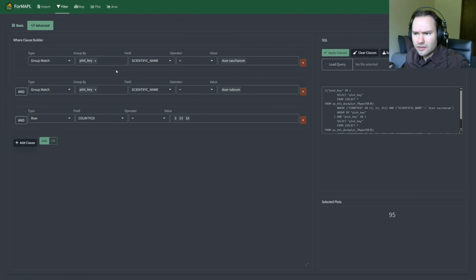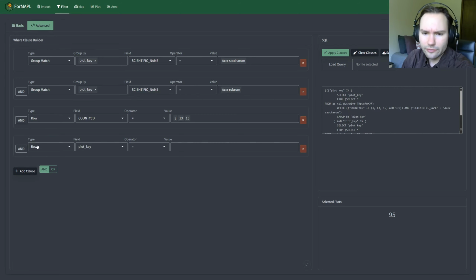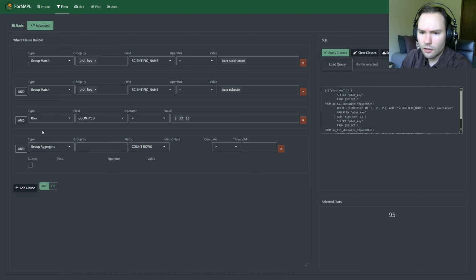Let's say we're interested in something like the diameter of these plots, or like the quadratic mean diameter, basal area, or TPA. We have another type of clause, which is the group aggregate clause. So, okay, we have all these plots here that meet these criteria. Within those criteria, say we want to aggregate the plots. So within all of our plots, we want to look at